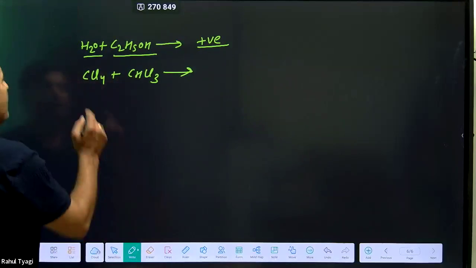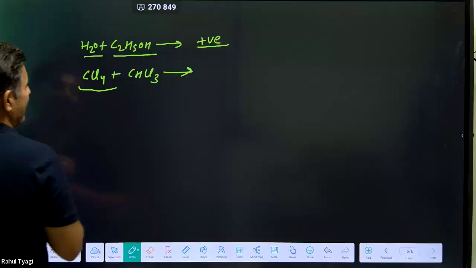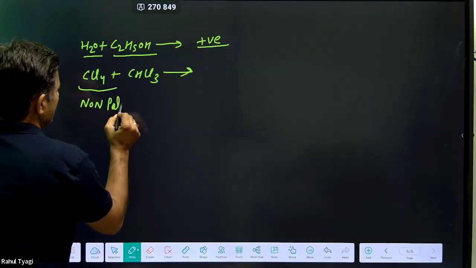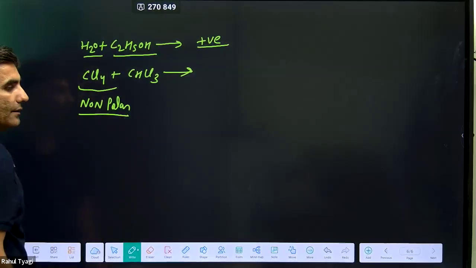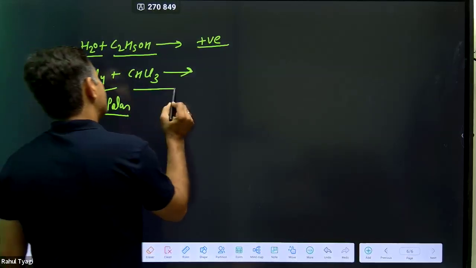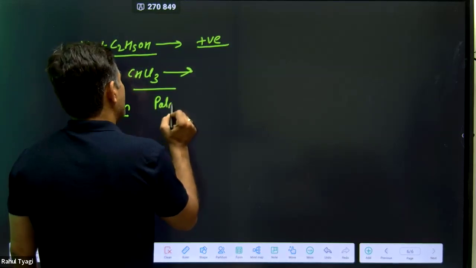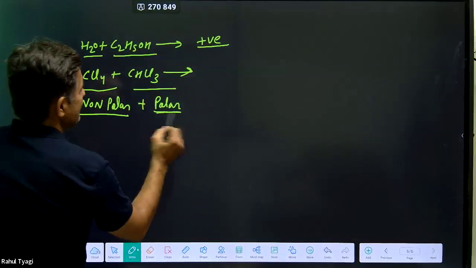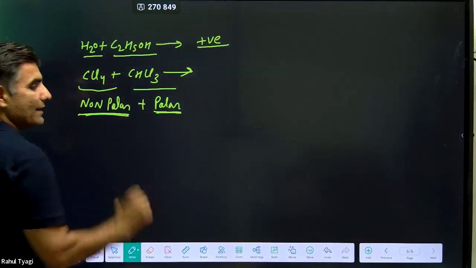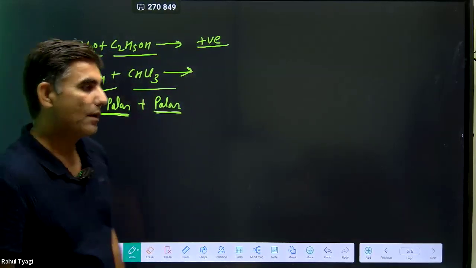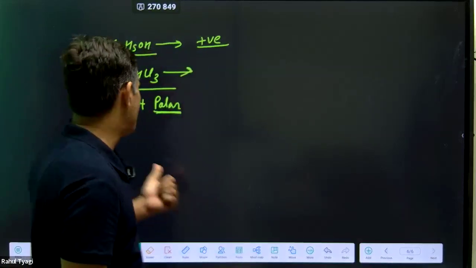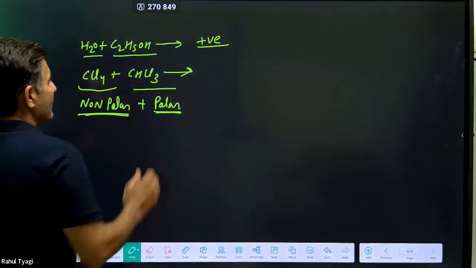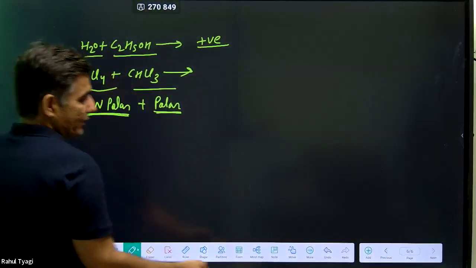देखो, ये पोलर है कि नॉन पोलर है? This one is non-polar, got it? And this one is polar. पोलर नॉन पोलर, पोलर पोलर के साथ मिक्स होगा, नॉन पोलर नॉन पोलर के साथ मिक्स होगा। Polar will be mixed with the polar, non-polar mixed with the non-polar. Then it means I told you in the last slide,